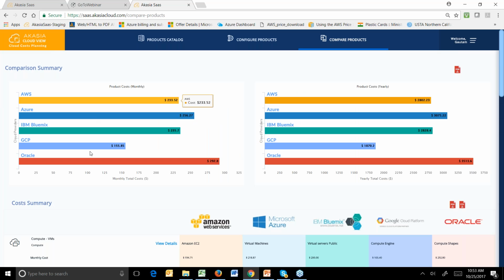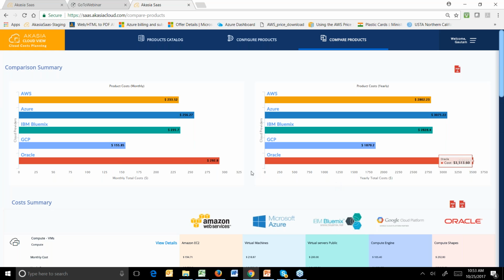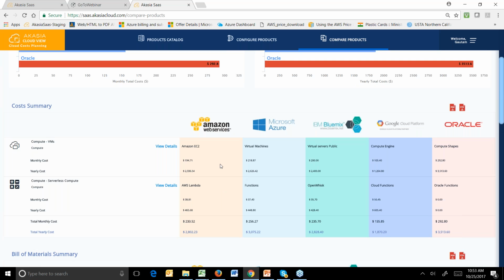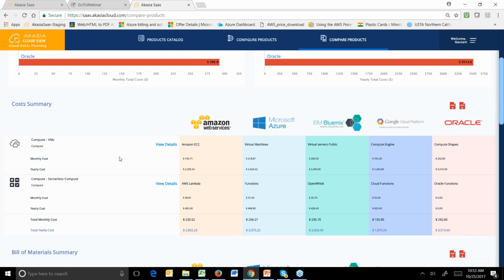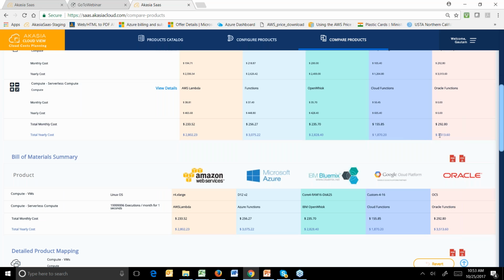And then you can see right off the bat, for the couple of products that I've chosen, these are the costs that you can see from Google, per month, and this is the per year cost as well. These are the summary of the products, and the monthly cost for EC2, for that particular system, is so much. It gets compared with something from Azure right next to each other, and this is the cost that you will see across the board. For Lambda, this is the cost that you would see, and for the entire two products that I've chosen, this is the total cost that I would see.